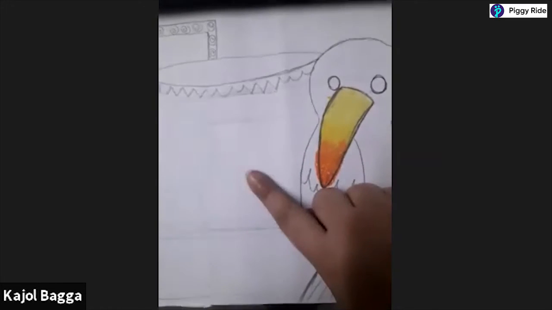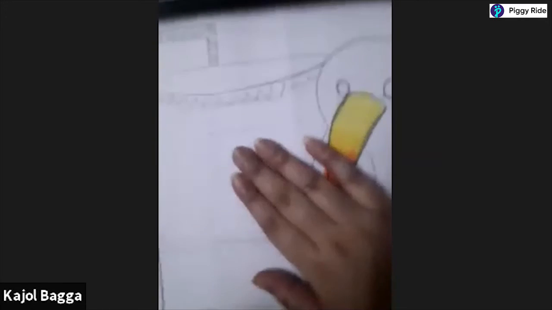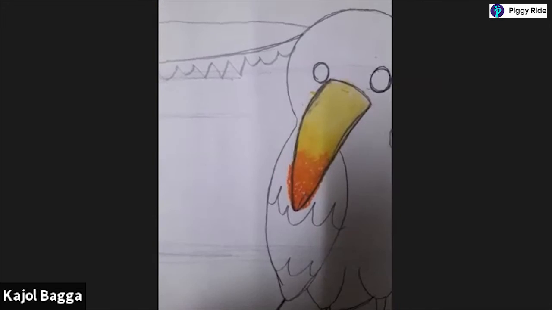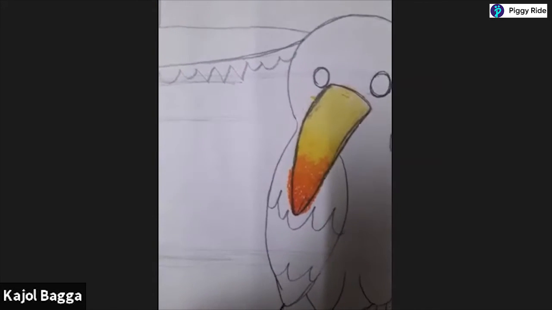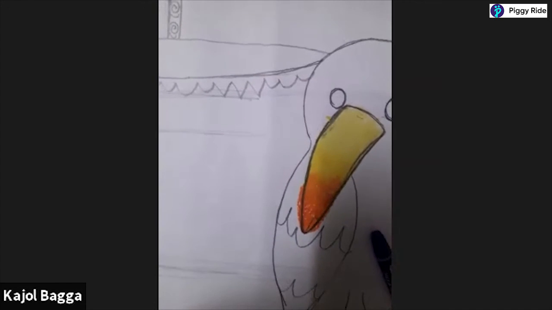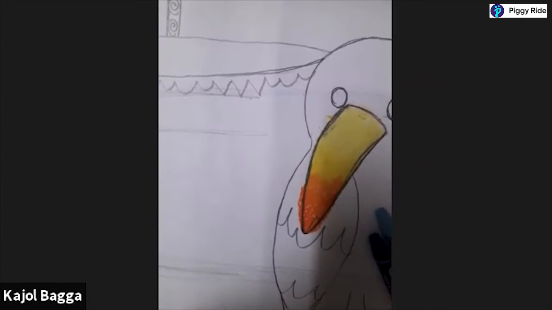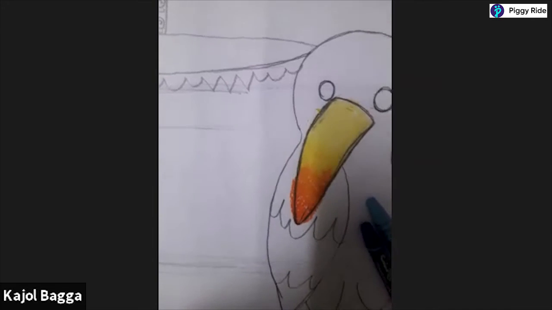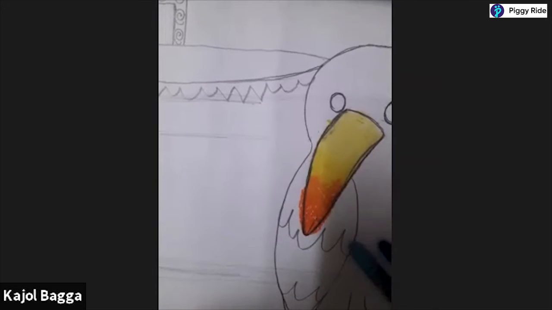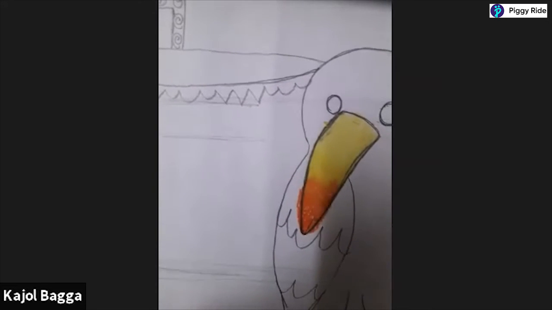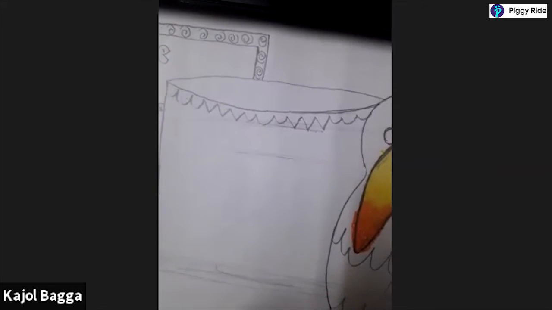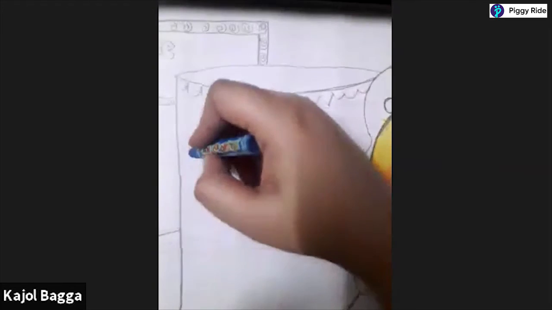Okay, now we'll color the ashtray. For the ashtray, you can take color. Here I'm taking peacock blue shade. Peacock blue, and light blue, and then cobalt blue. So here I have these three. One will be darker, one is darkest. First take the darker shade and you can color in design.